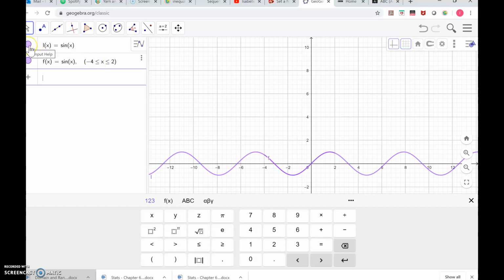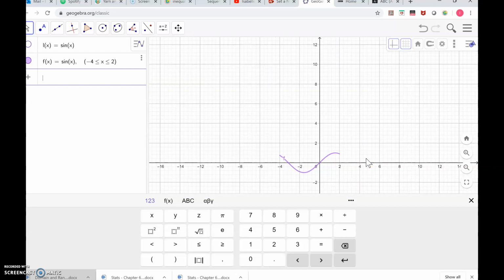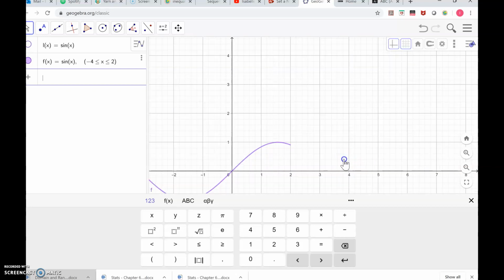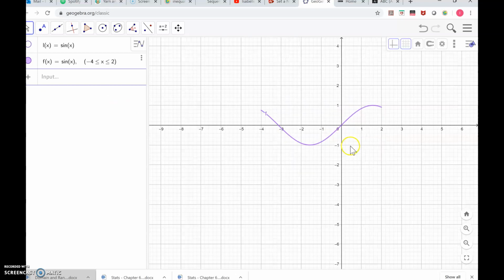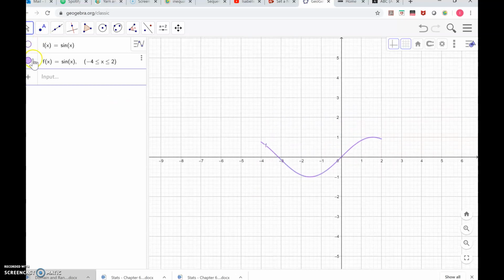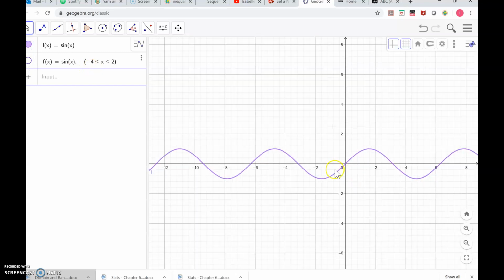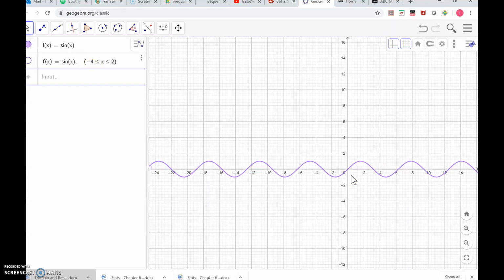Okay, now if I turn my original one off, okay, there we go, I can see it there. So I've restricted the value of that function. Okay, so the domain is the highest value of x and the lowest value of x. Now, if I turn this one back off again and go back to my original, this function,